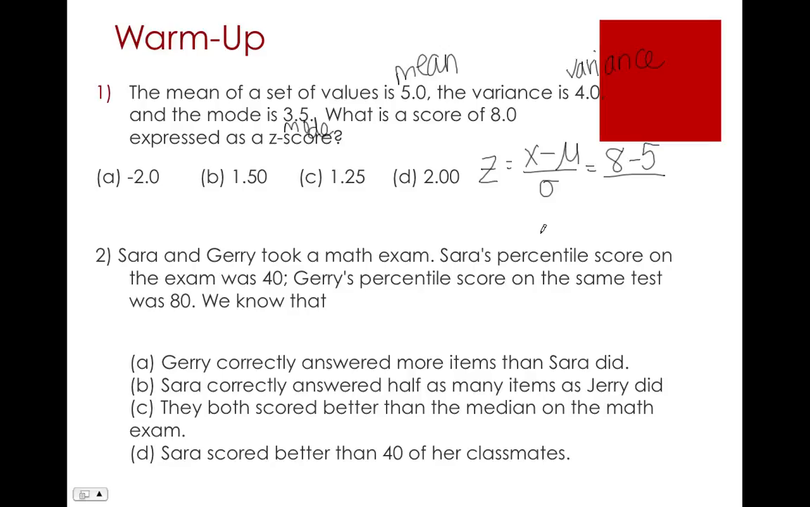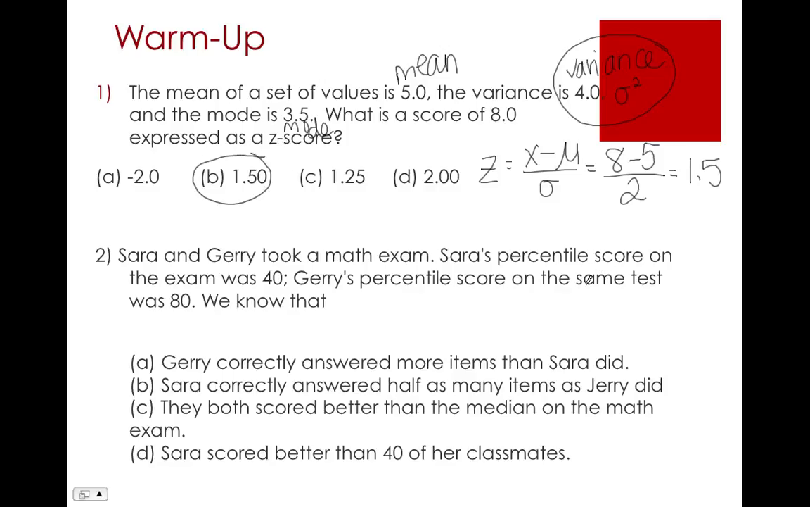So what am I supposed to do? Do I quit and go home? Hopefully some of you remember that variance is the same thing as the standard deviation squared. So if the variance is 4, then the standard deviation is 2. So now I have 8 minus 5 over 2, which is 3 over 2, or 1.5, and the answer is